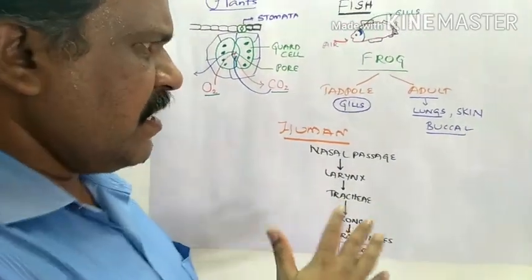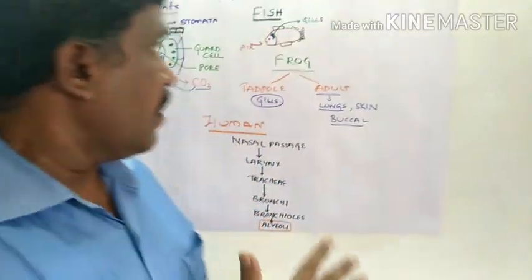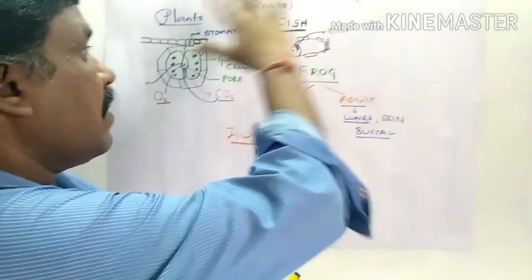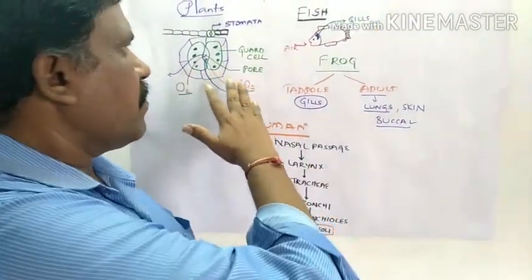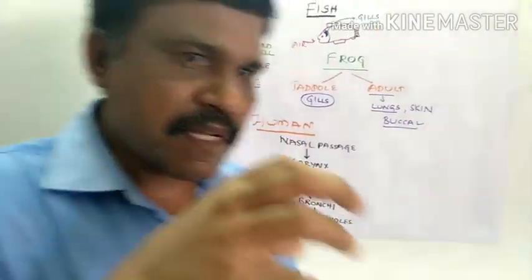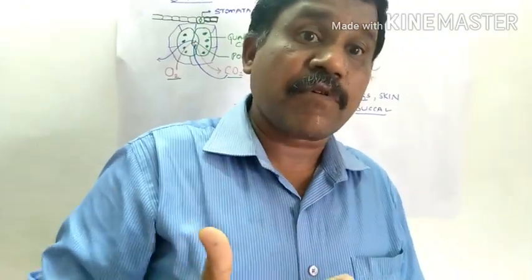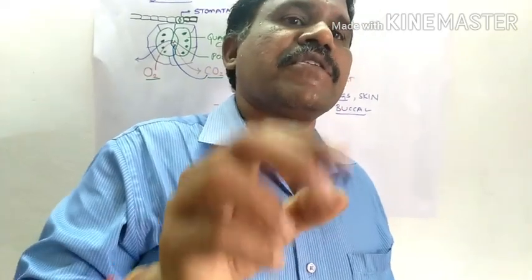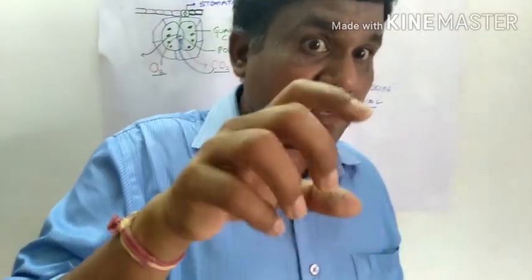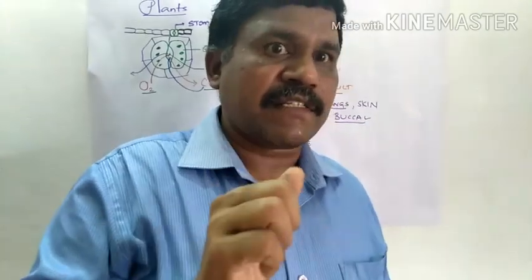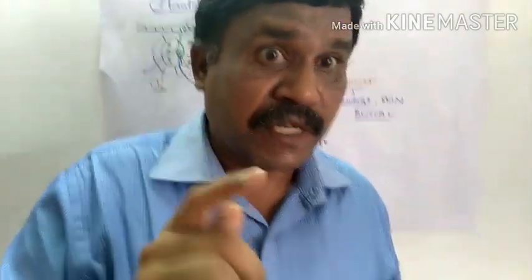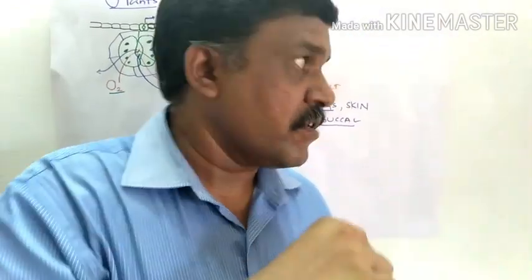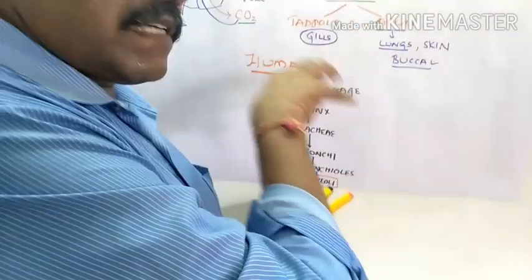Now, in all these cases, you see that they are all multicellular living organisms. In plants, again, these molecules move by means of diffusion. Diffusion is one of the processes by which the gases enter the cells. It is a physico-chemical process. The transportation of the gases is by means of diffusion. Water, do you remember? That's by means of osmosis. So diffusion is a process where these gases are entering.